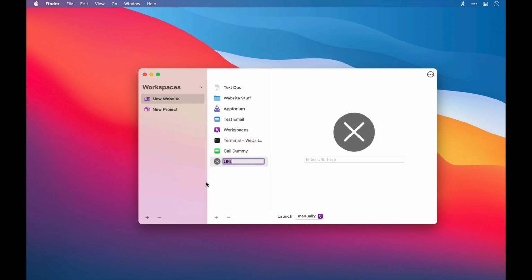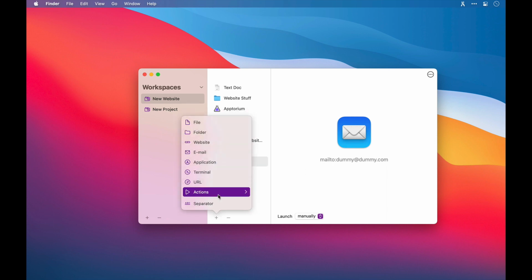Let's add another. If you want to send a regular email to a particular stakeholder on your project, like some form of highlight report maybe, then you can type mailto and a colon and then your email address. And then when this resource is activated, a blank email with the recipient filled in will be opened, again saving some valuable clicks and time.